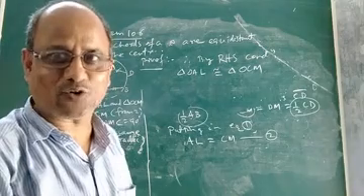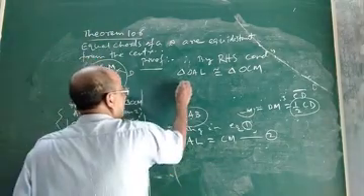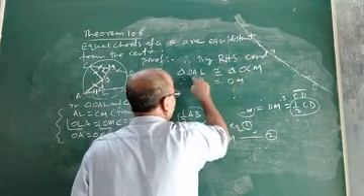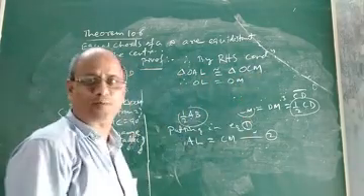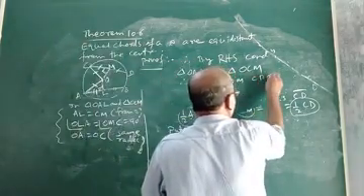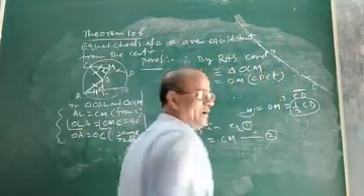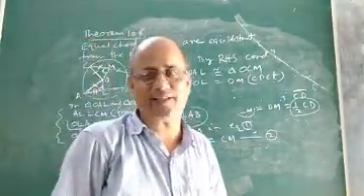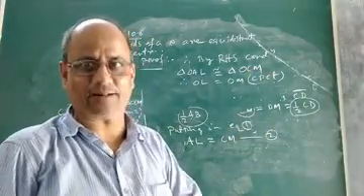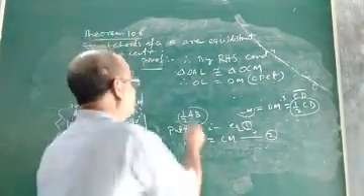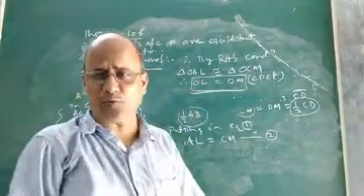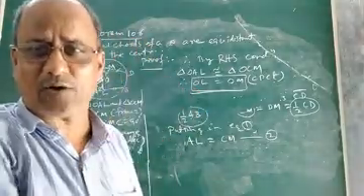Now if the two triangles are congruent, therefore OL will be equal to OM, because OL and OM are the corresponding sides of the two triangles, by CPCT. You know what CPCT is? If two triangles are congruent, their corresponding parts will be equal. Corresponding sides and corresponding angles will automatically become equal. So OL equals OM. This is what we wanted to prove.